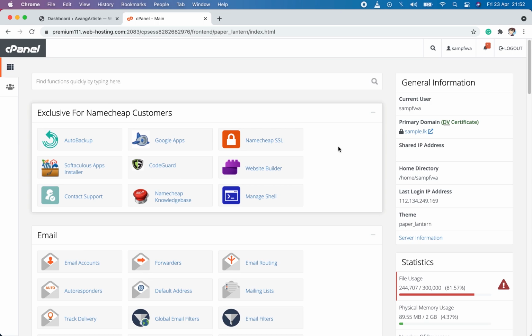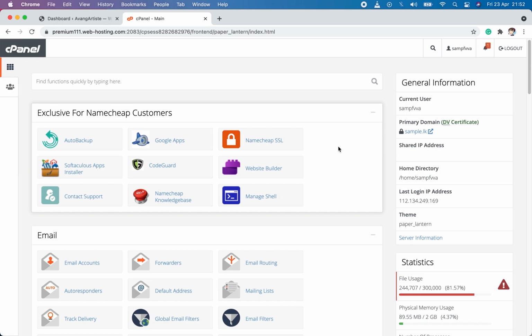Today in this video, we will see how to install themes and plugins to WordPress using FTP and cPanel. Installing themes and plugins from the WordPress dashboard is the easiest way. But when there is a PHP timeout or a connection issue, it's difficult to upload such big files properly. As a solution, we can connect using FTP or cPanel and upload the file to WordPress.